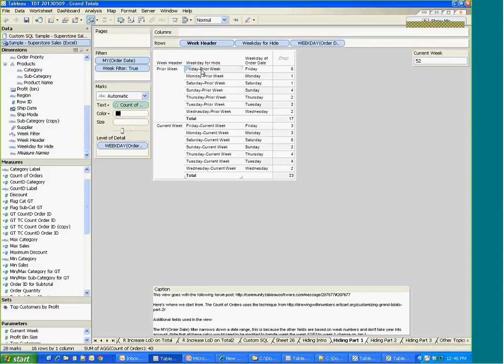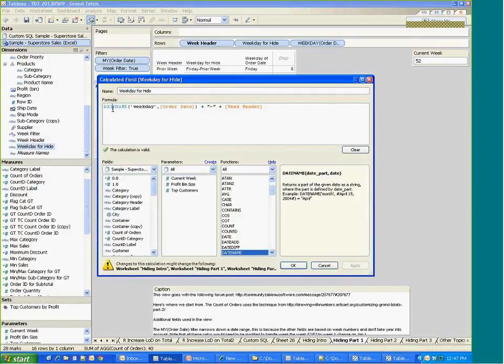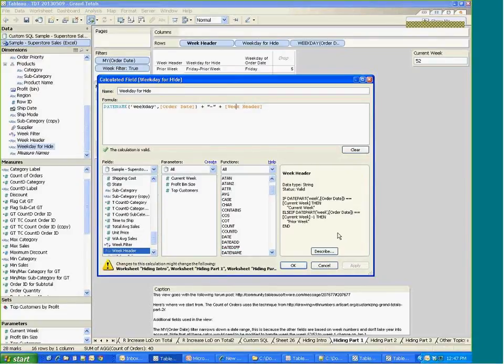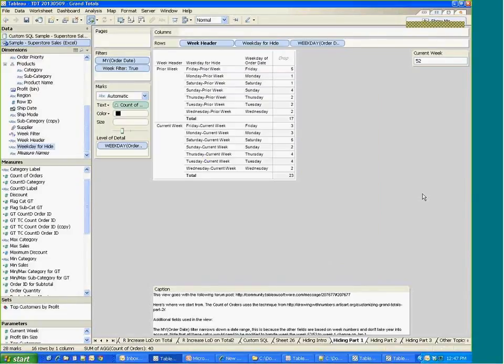to get this to work, I had to generate this calculated field, which is the weekday for hide. So the week header here is just looking at current week and prior week in the data. And then the week, I base this on a parameter right now. You could base it on today or whatever you wanted for your data. And then the weekday for hide is taking the weekday of the order day and the weekday of the header to create a custom field. Because if I try to filter these out using, if I exclude them,